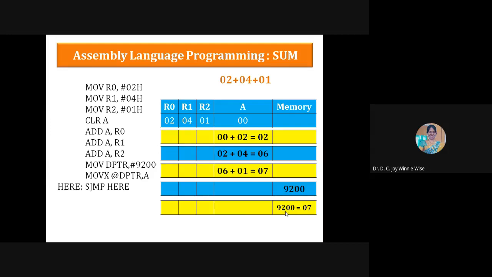That's all. Okay. So whenever you write the program, as I said earlier, you have to make the data available in the register. There is the input, then processing, and the output. Okay. So the input are here. I want to add the three data 02 plus 04 plus 01. So I'm making the data available in these registers R0, R1, R2.